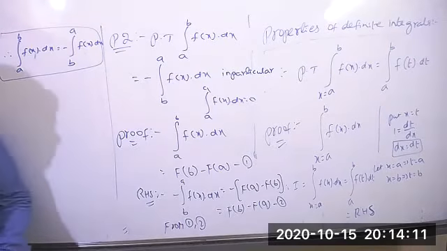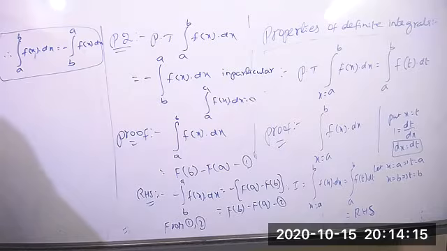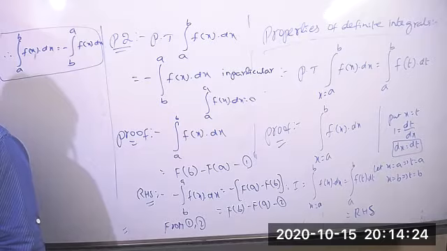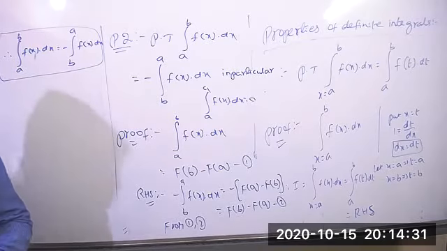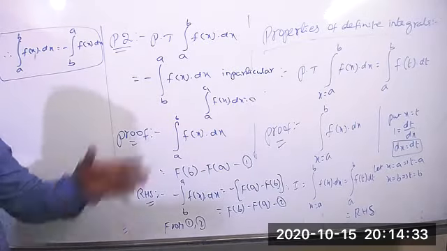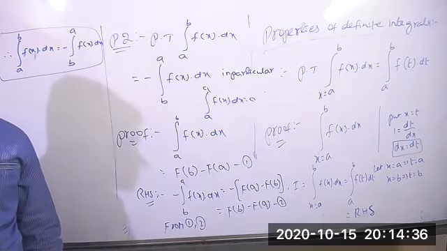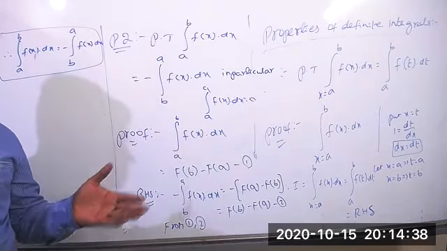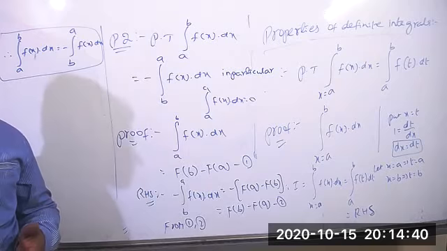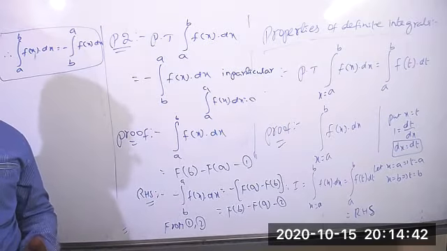The second property of definite integrals. If we get any examples, maybe later we can take them. This proof is not asked in the examination, but we have to remember it. And what is the first property? Suppose when you are solving a problem, sometimes we can apply these properties. Inside the bracket we have to write since property 1, since property 2. Okay, like that we have to mention.